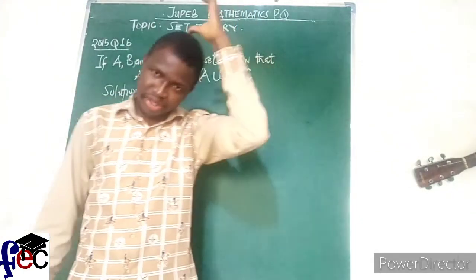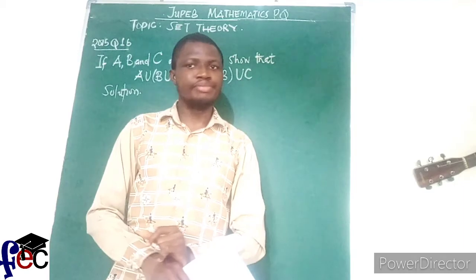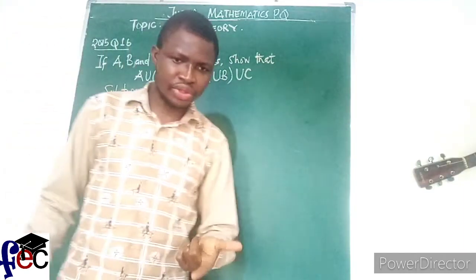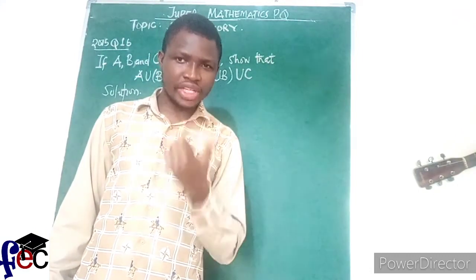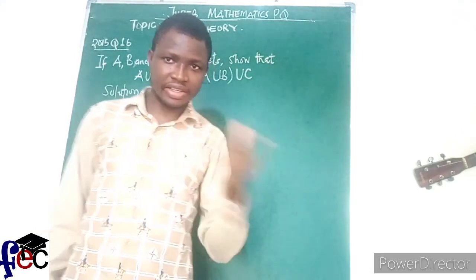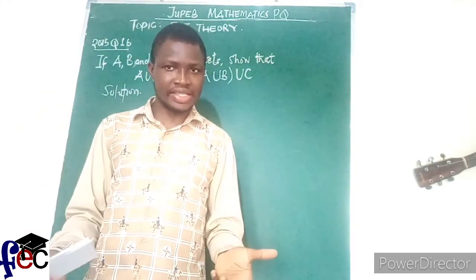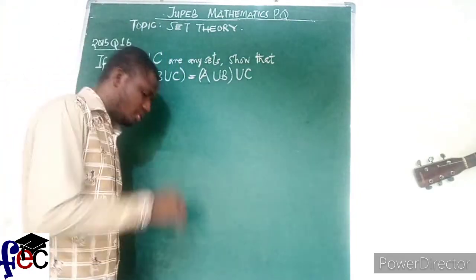So how do we prove this statement? The first thing we need to use is to reflect and remember the property of equality of two sets. If we can understand the definition, it makes it easy to be able to prove this.